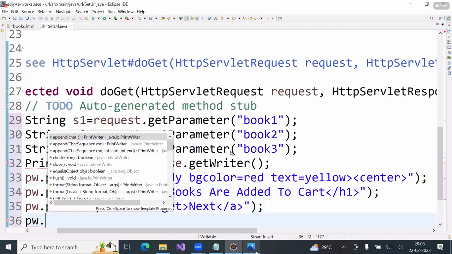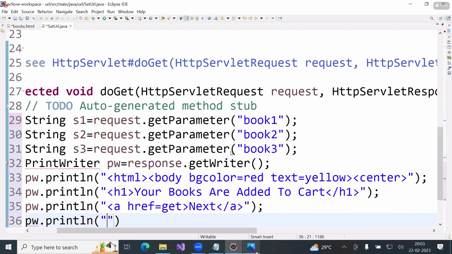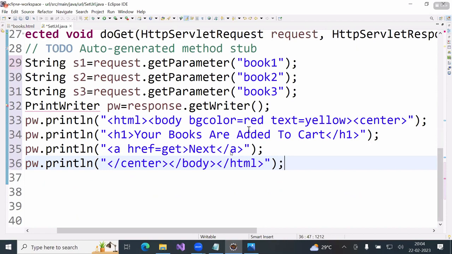Here pw.println center close, HTML close, body close, HTML close. See here what we have to do: background color red, text color yellow, center displayed, your books are added to cart. Next,